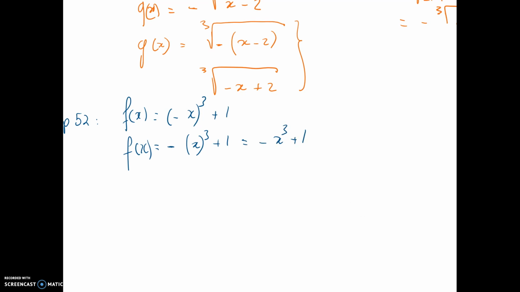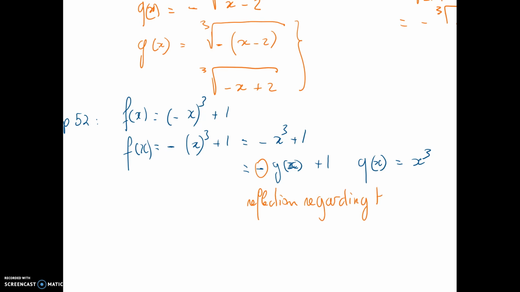So, right away, what I can clearly see is I have a minus of a function g of x, plus 1, g of x being equal to x cubed. So, right away, I can see this negative is going to give me a reflection. I need to realize a reflection regarding the x-axis,